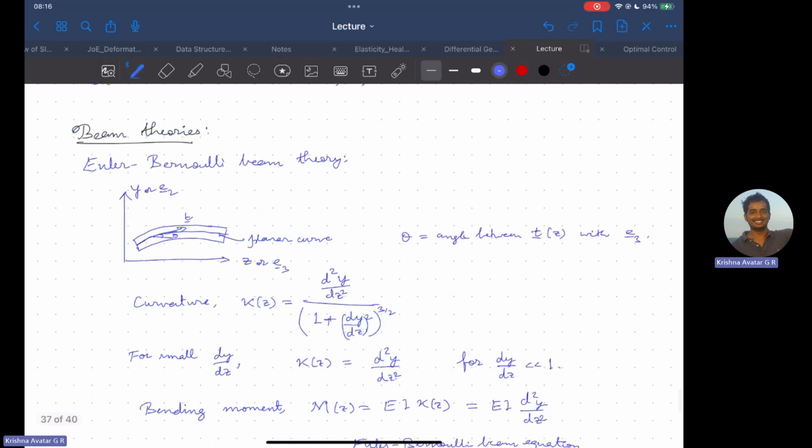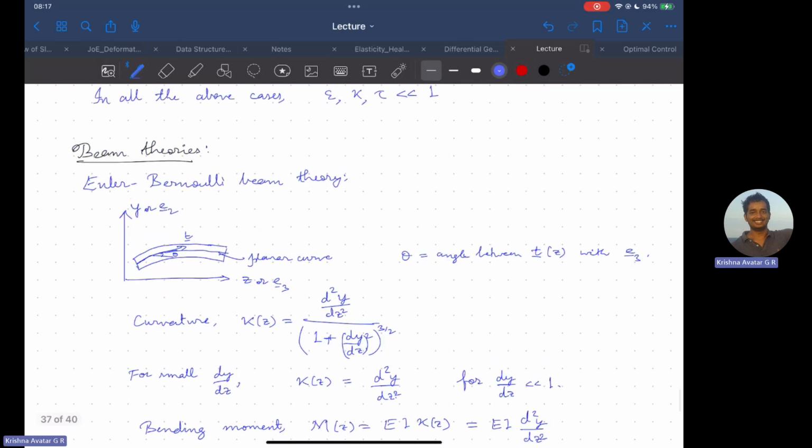Then, based on that, let's discuss beam theories. As we recall, beams are elastic slender structures, so to speak, which can withstand extensional as well as transverse loads. Now, one of the simplest beam theories is what we call the Euler-Bernoulli beam theory,